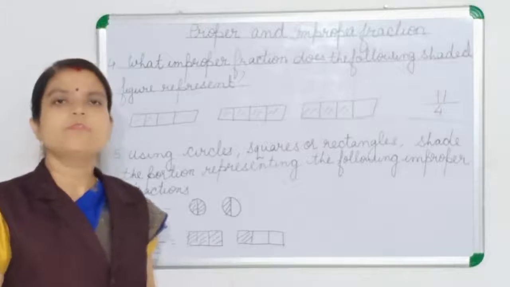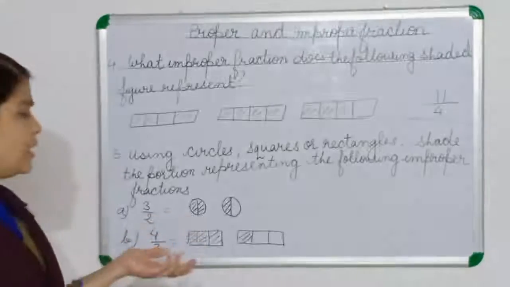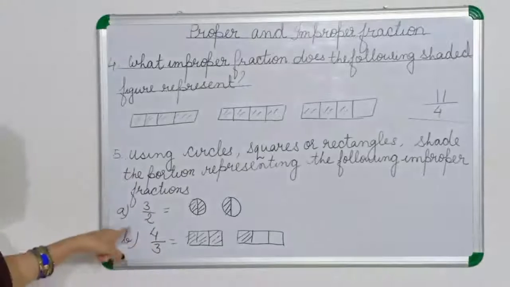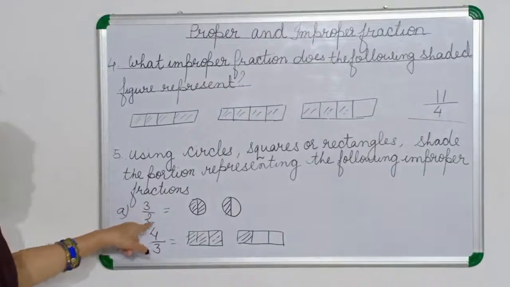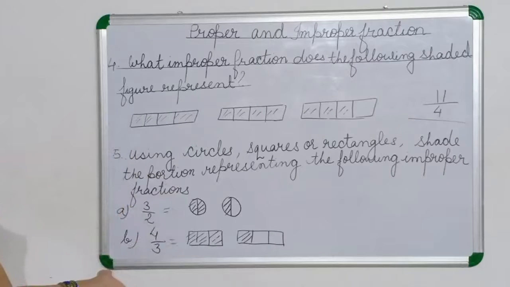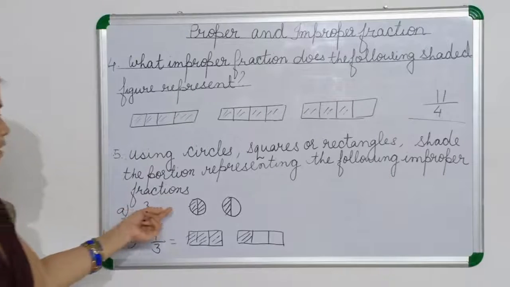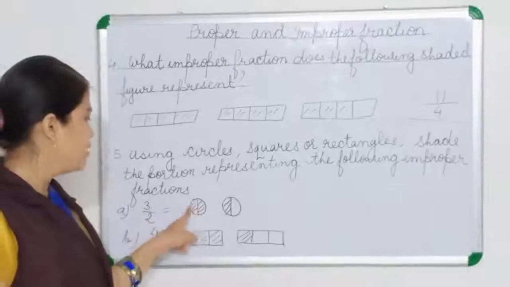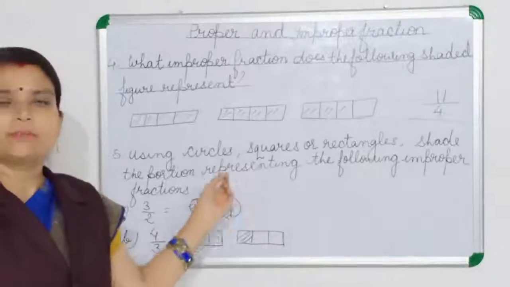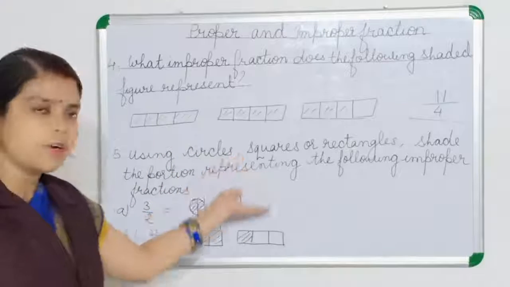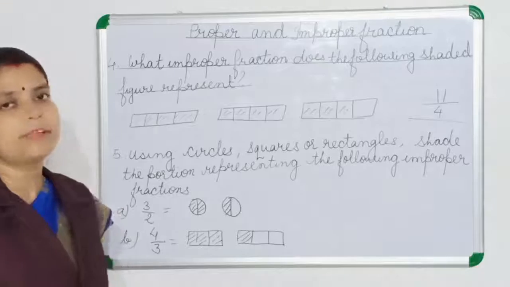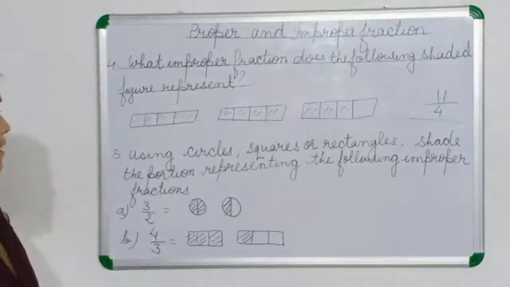Very easy work. Now what we are doing? We are drawing the figure. Then we are dividing the figure into as many parts as is given in the denominator. Okay. Then we will count that here it is 2 only. We have shaded, then one more we need. So we have to draw one more figure. If more is needed, then we will draw one more figure. Like this only we can represent the improper fraction. And it is a very easy way.